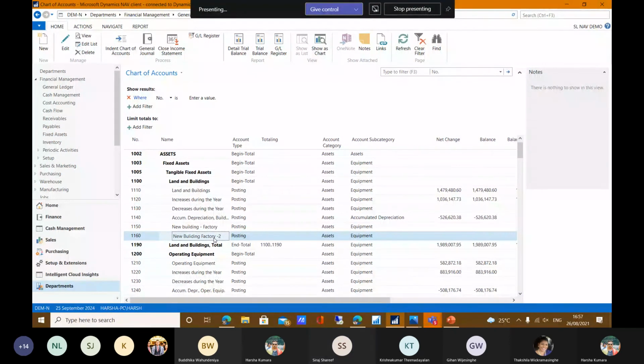And the variation on the account number should also be a lesser number, because here you can see we have taken 10, 20, 30, 40. It means the difference is 10. So you can only assign 10 accounts into the land and building account category. That also depends on the company requirement. Normally, we recommend using five digits for the chart of account number. Then your issue will be resolved.